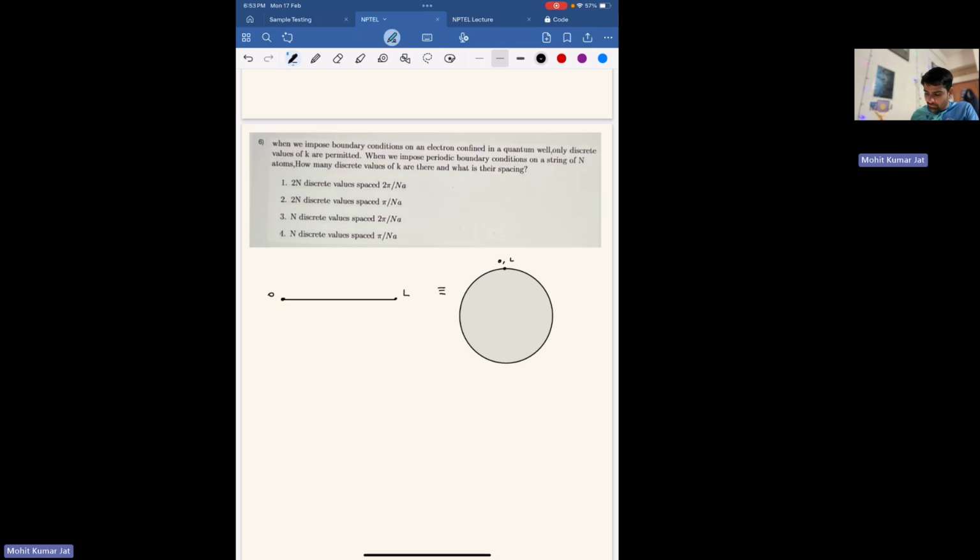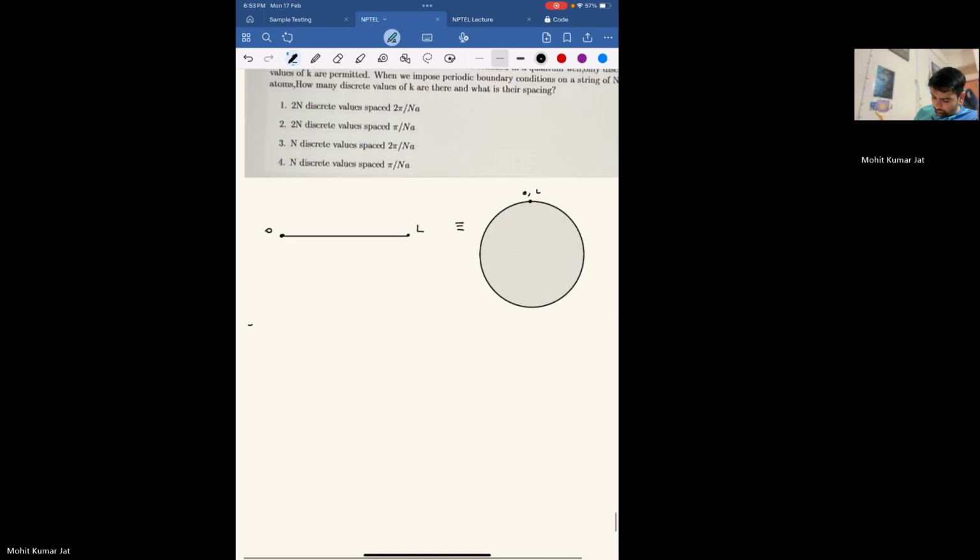Nothing stops me. Right? Now, when we impose periodic boundary condition on a string of n atoms, how many discrete values of k are there and what is the spacing? So there is a string which is of length 0 to L. So 0 and L are equivalent points. I don't see any difference in them. I bring them and connect them together and make a circle. So that tells me psi of 0